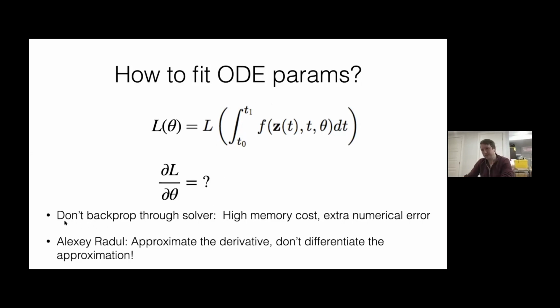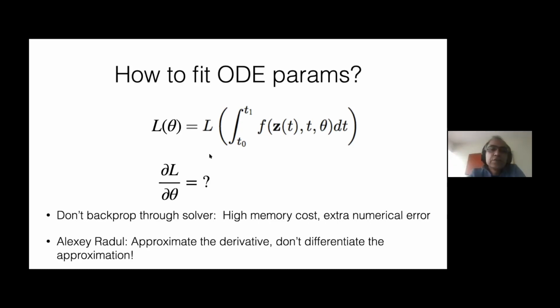And you could just backprop through the operations of the solver, but it's a little bit weird if your solver is adaptive and it has control flow. And I would say the main problem is that we'll end up overflowing and spending too much memory if we have to memorize all these intermediate steps in order to do reverse mode autodiff, which is the only scalable form of